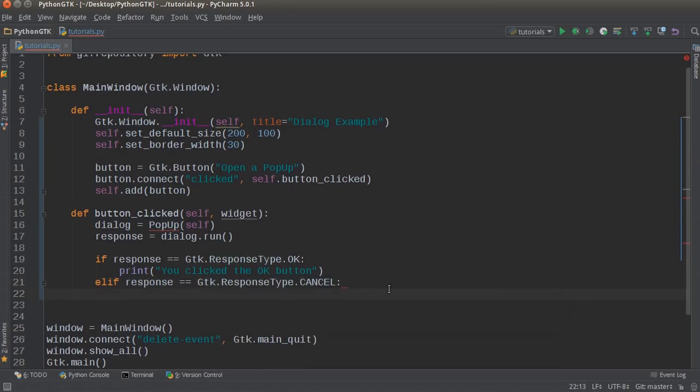response is equal to GTK response type cancel. So this is pretty much saying, did they click OK or click cancel? And if they click cancel,